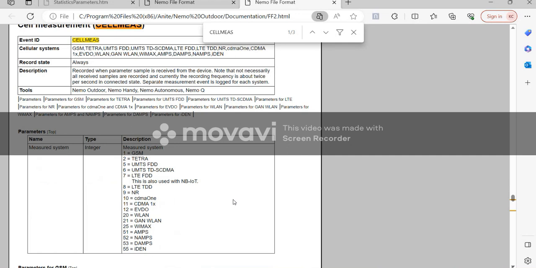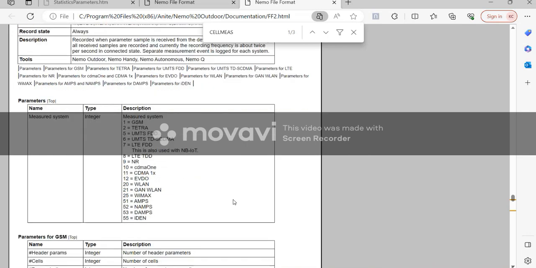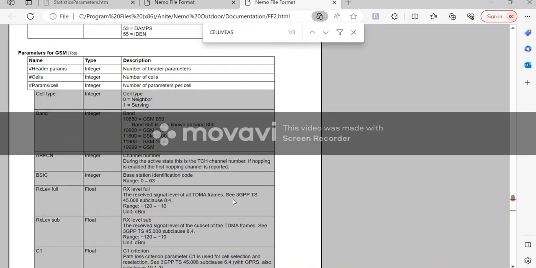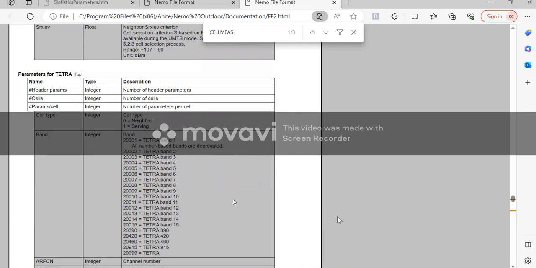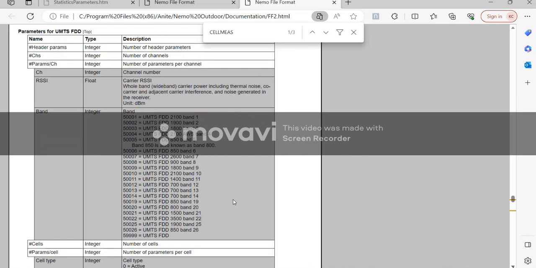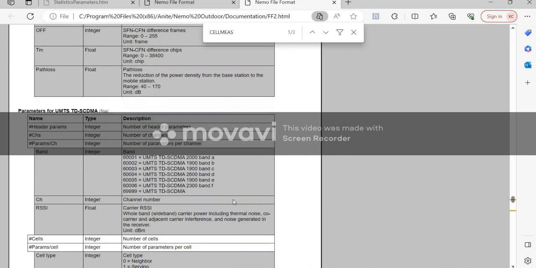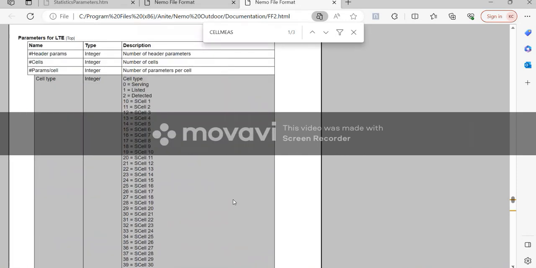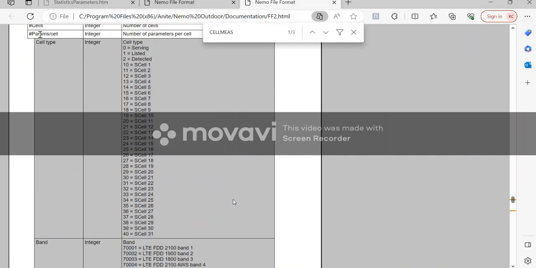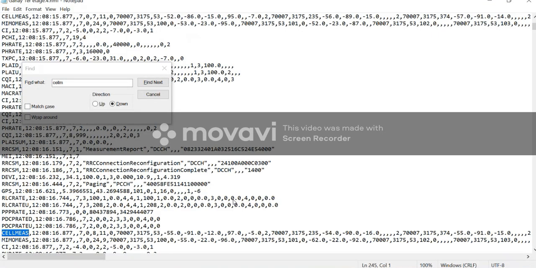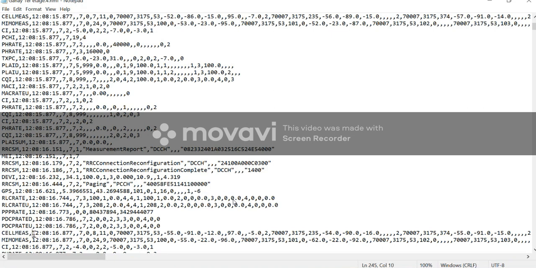Let's say I want to check how this event is written in LTE. So I will scroll until I find parameters for LTE. Then I know that the first parameter is the cell type, and if it's 0, then it's the serving cell, 1 listed, 2 detected, and you can see that it's 12,